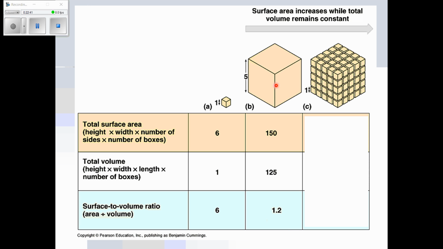And so if you're a big cell and you're having a hard time surviving because you can't get enough nutrients quickly enough, if you're a large cell and your surface area to volume ratio is too small to keep you alive, what's the only way to fix that? How can a large cell fix that problem? If you said by dividing, you are right. This large cell can divide to make 2 smaller cells, and if it's still too big, it'll just divide again